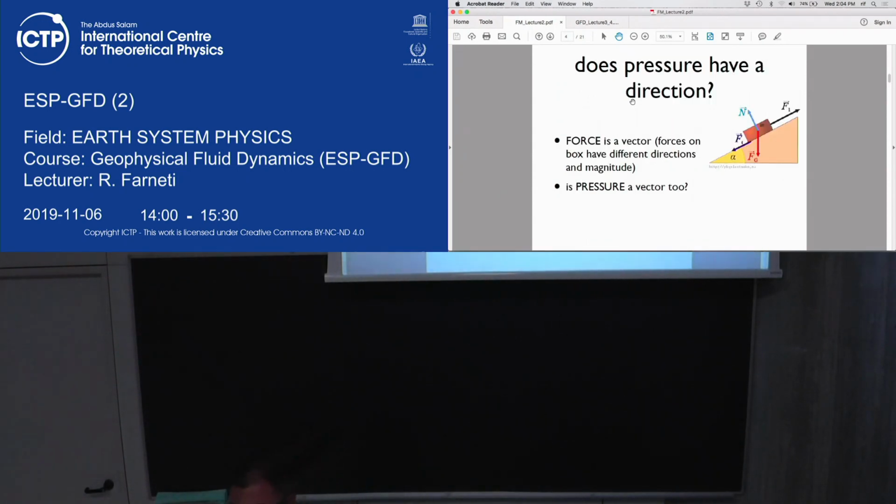Sir. Yes. Since we know up to now a vector quantity should have both magnitude and direction, and while proving the pressure we just showed that it has the same value from every direction, how are these things correlating? I'm not getting the point of how pressure is a scalar. Pressure does have a direction, so it